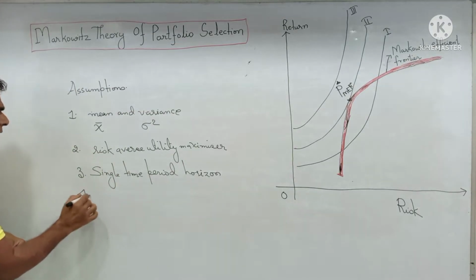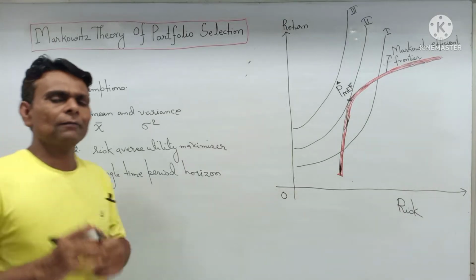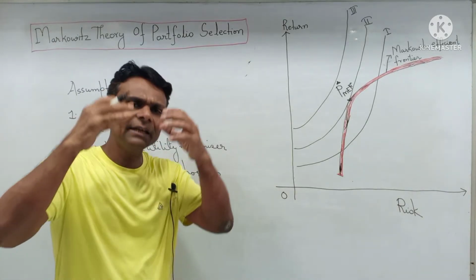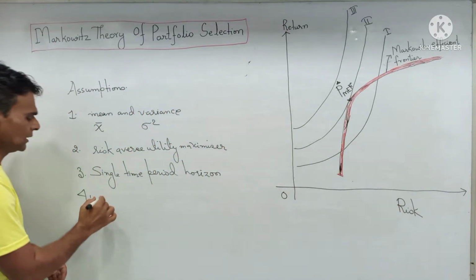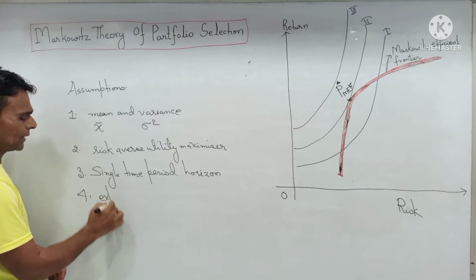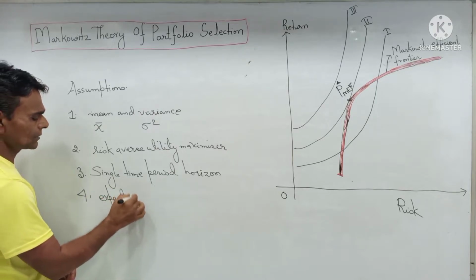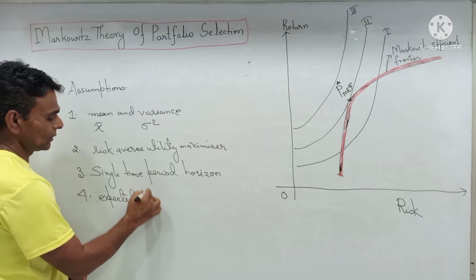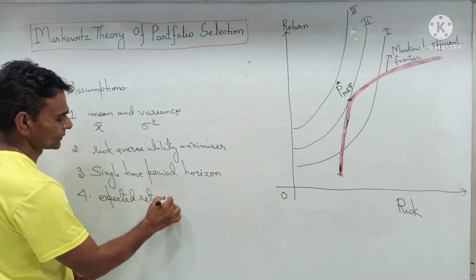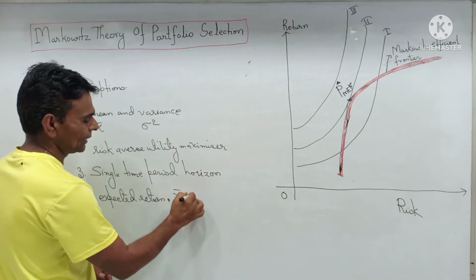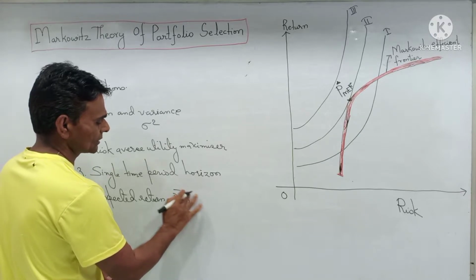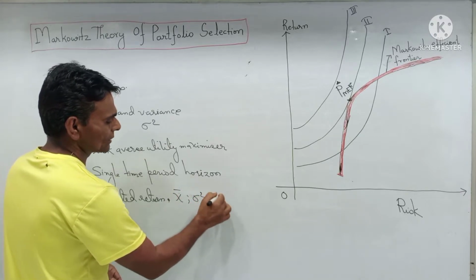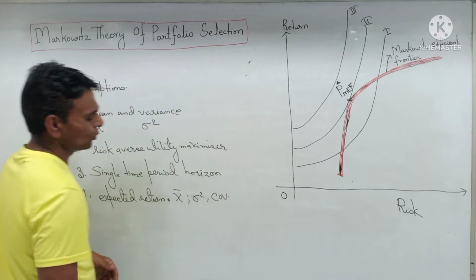And finally, investors have identical expectations regarding expected return, mean, variance and covariance. Okay, covariance